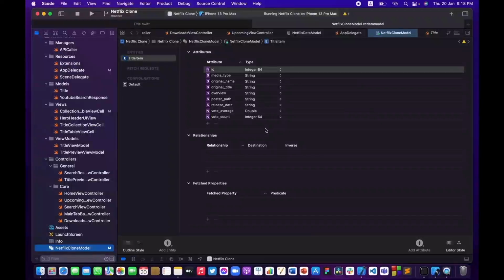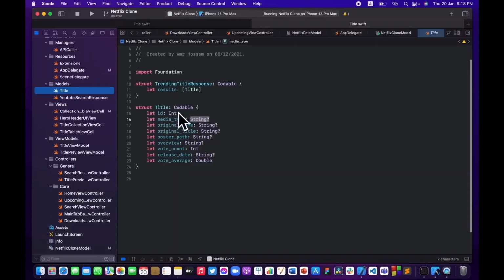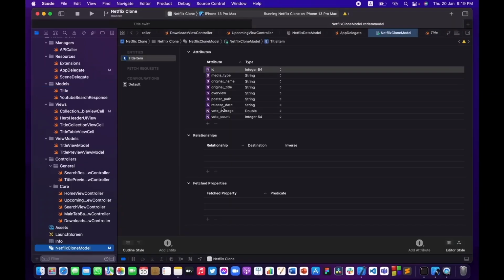All right, so as you can see here, I have the ID, which was integer inside my struct over here. So I chose the type to be integer 64, and please choose integer 64, because I believe if you chose something below this, that might give you an error. That is going to have enough space to hold the ID which is being stored inside the structure over here. Media type, that is going to be a string, original name string, original title, overview, poster path, release date,